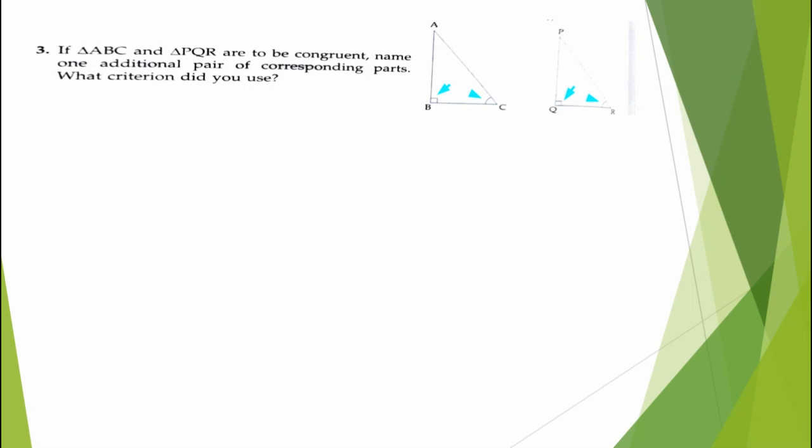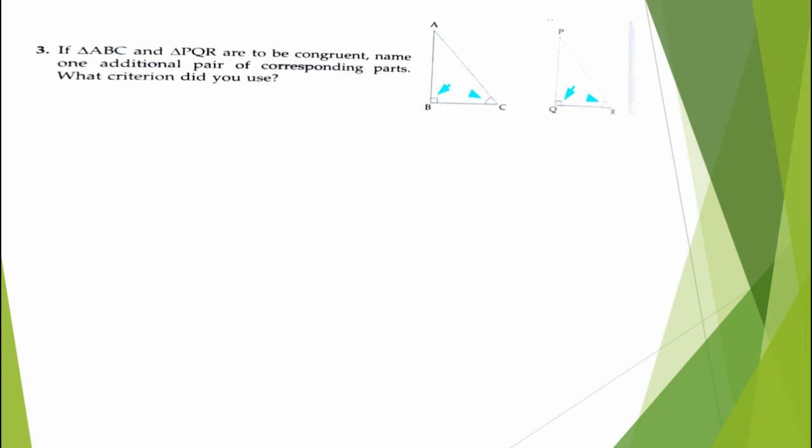Now here, don't be confused that a right angle is given in the two triangles, so it should be that they are congruent by RHS rule. It's not compulsory that when a right angle is given, then they are congruent by RHS rule. Right angle is also an angle. So if a right angle is given, that can be considered as an angle. So here one right angle is equal to another right angle, and angle C equal to angle R. So two angles are given equal in the two triangles. Ignore the right angle. Consider it as a normal angle.